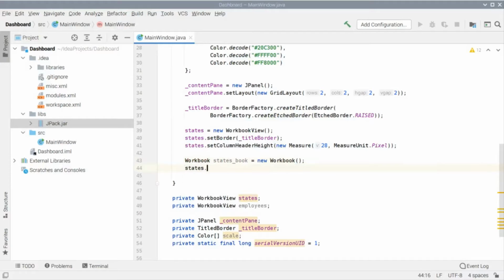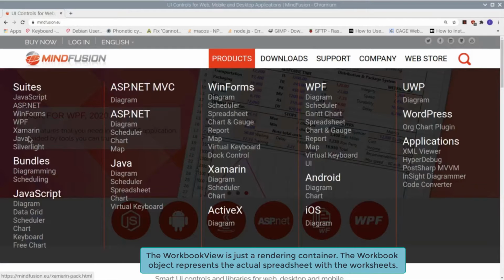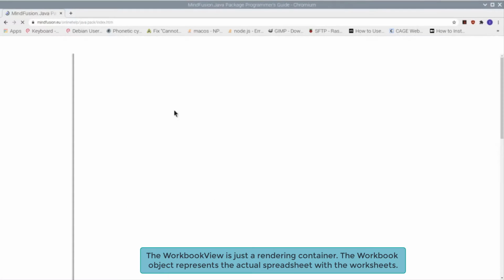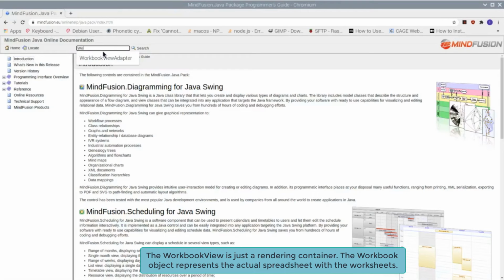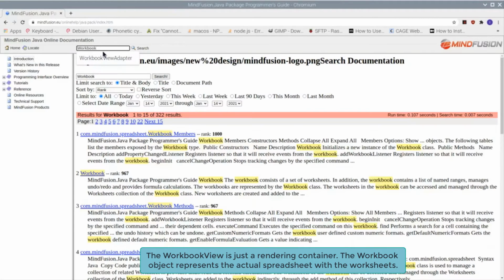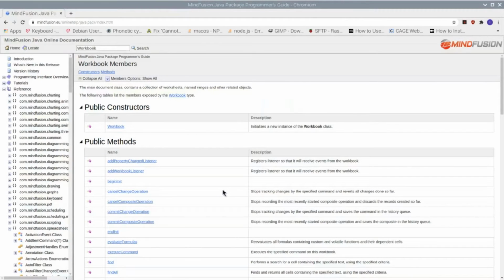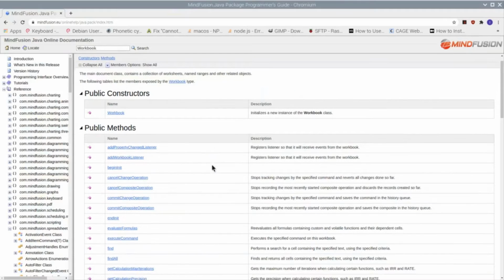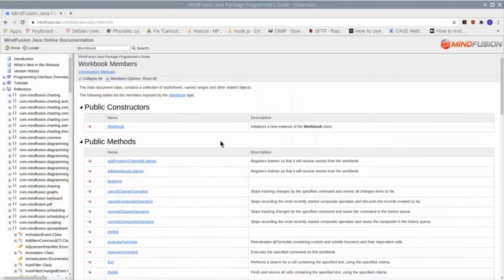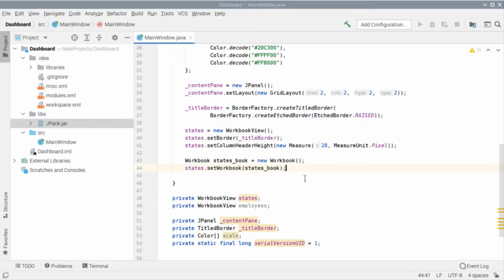Let's create a workbook instance, which will be rendered in the workbook view. If we look at the online documentation, we can see that Workbook exposes many properties for customization, and Workbook View has a setWorkbook method, which is how you add a workbook to it.